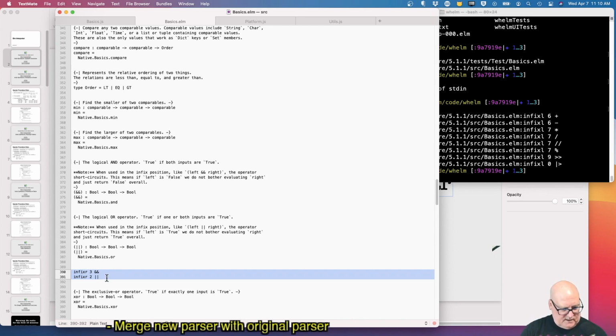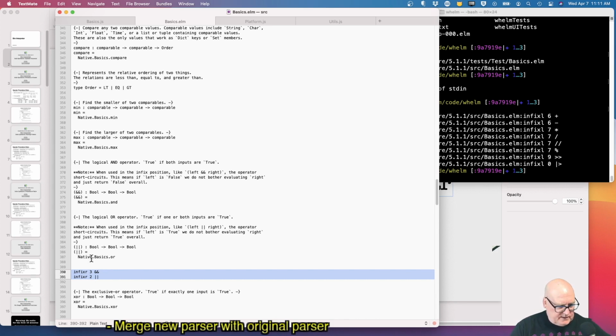Infix R. It never would have occurred to me. That seems funny. When used infix, left or right, the operator short circuits.